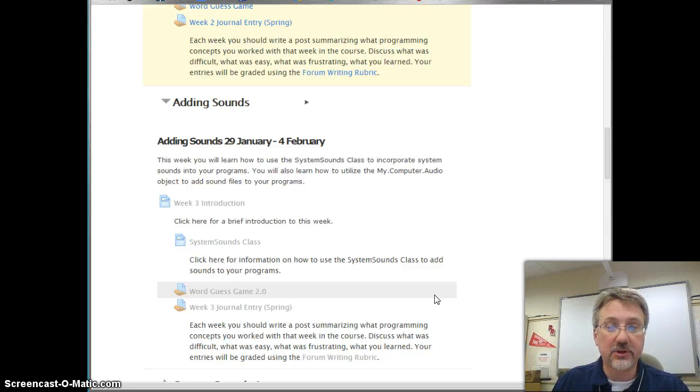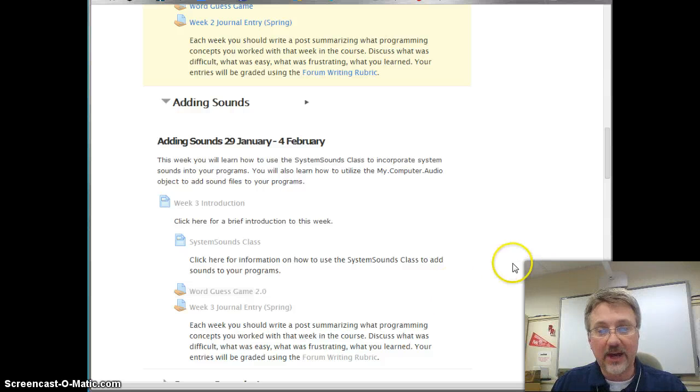And if you didn't get your login information for PowerSchool, for us, our PowerSchool is different than the one at your school. If you don't have that information, let me know and I can send it to you. You should have received it from your course facilitator, but if not, let me know and I'll send it to